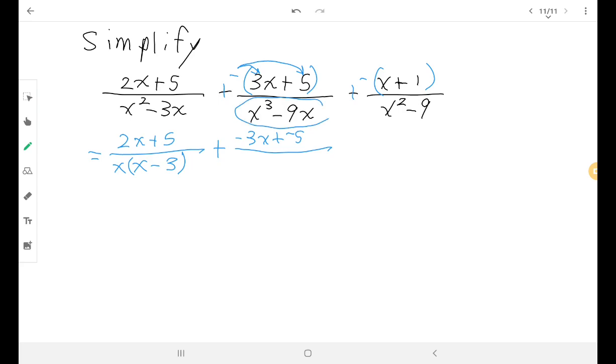And again, down here, I can factor out an x. The whole thing has an x in common. So I'll factor an x to the front. And if I do x cubed divided by x, that leaves me with x squared. Minus 9x divided by x leaves me with just a 9. Plus, and I'll distribute this negative: plus negative x plus negative 1 over, and I see that x squared minus 9,